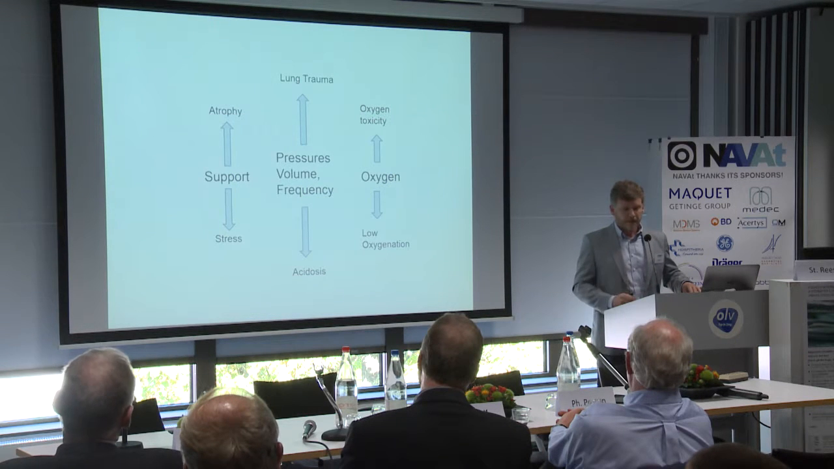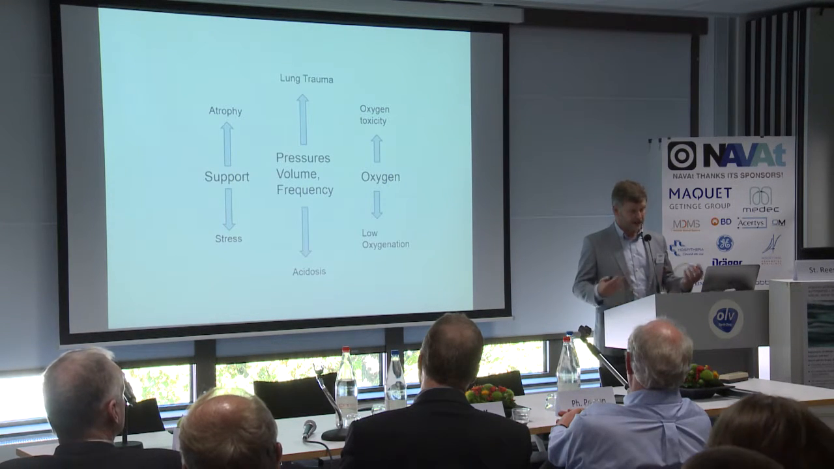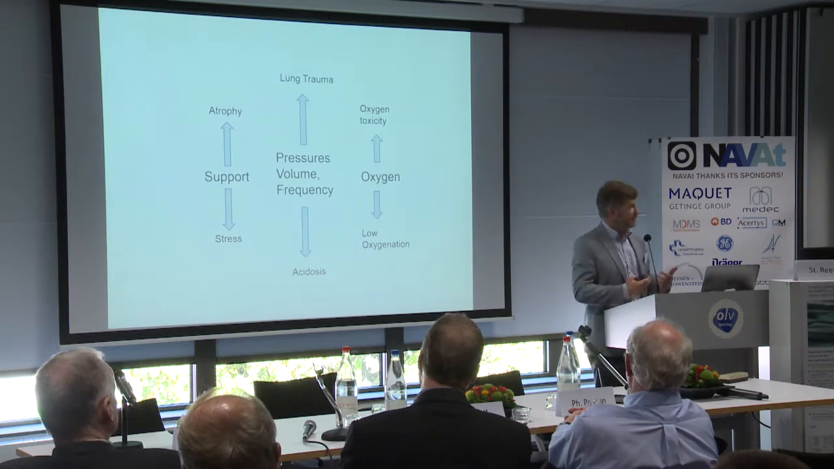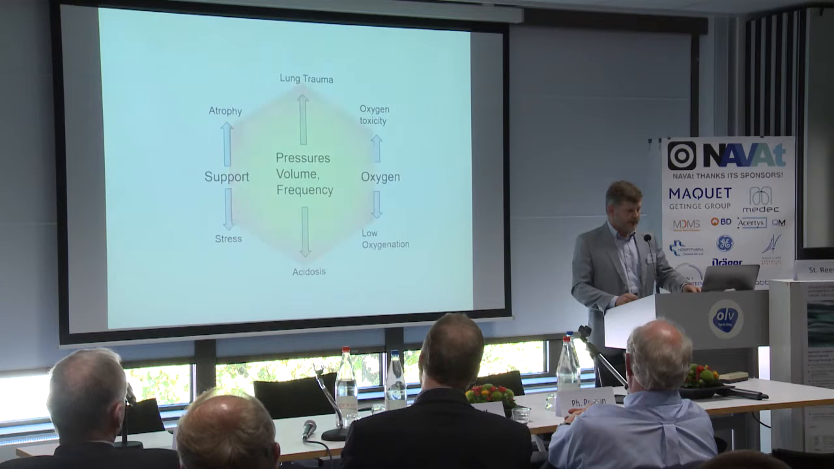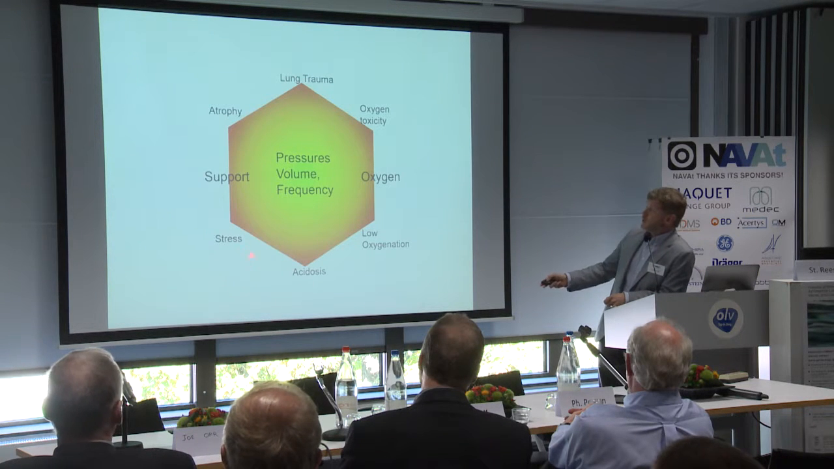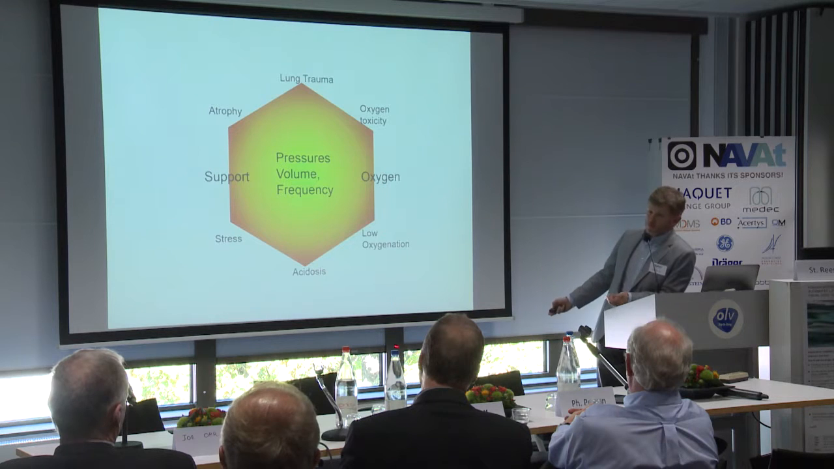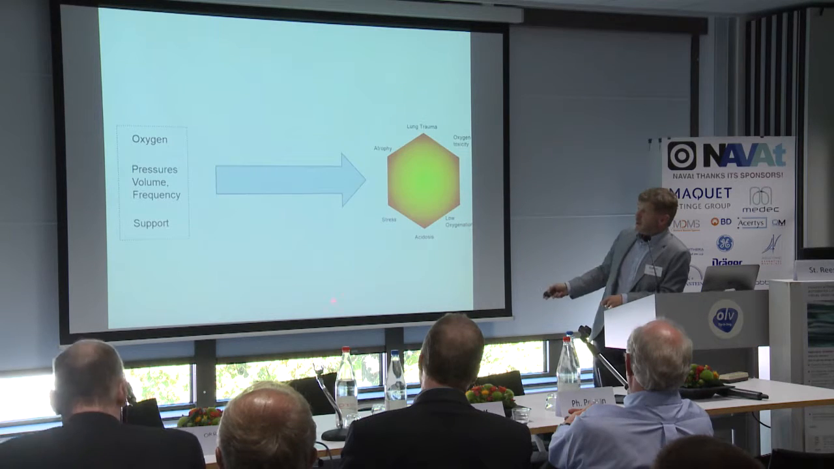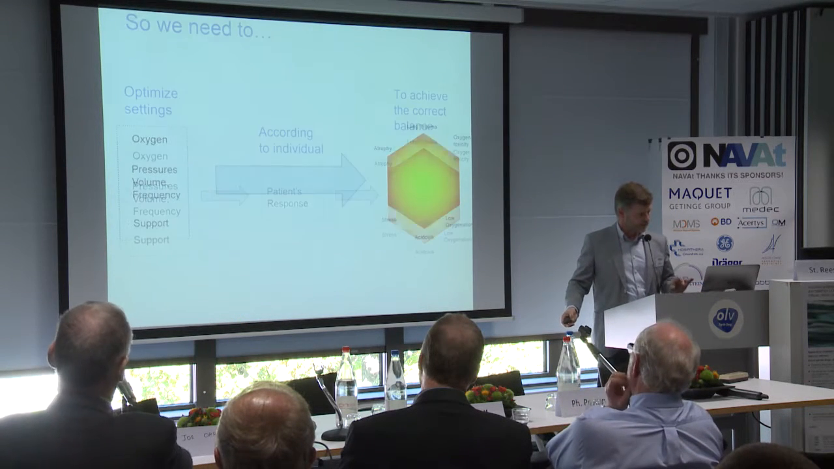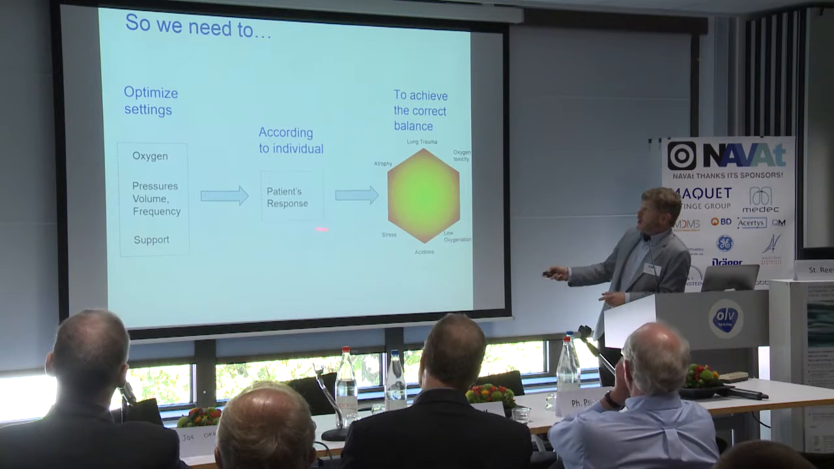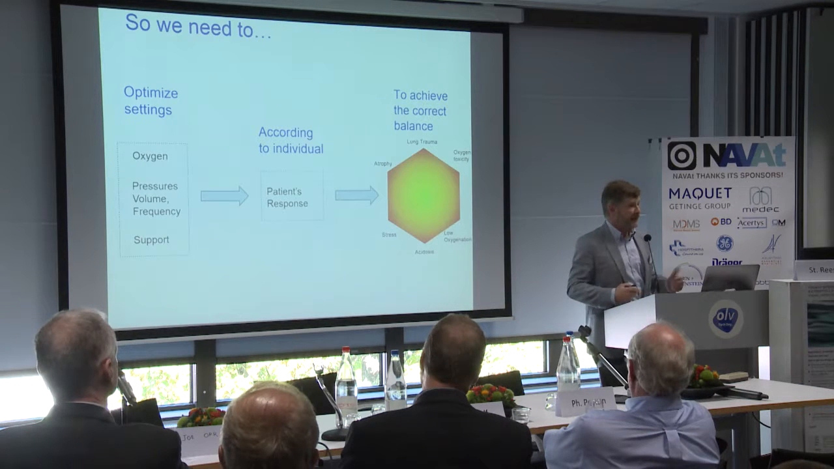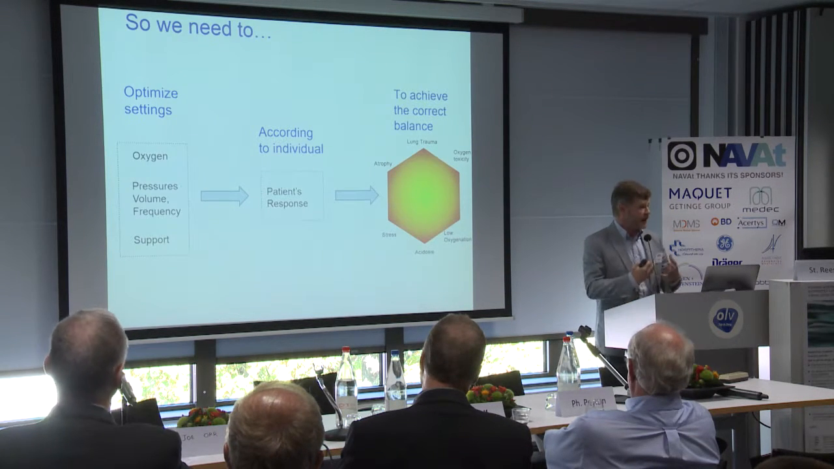So, for me, mechanical ventilation is a question of balances. It's a question of setting ventilator settings to accommodate balances related to the individual patient's physiological characteristic. And one can make a visualization of this by drawing a hexagon and placing the balances on opposing corners of the hexagon. And then one can separate out the settings and the hexagon, and then the question becomes, how do we optimize the settings according to the individual patient's response to achieve the correct balance of ventilator settings? That, to my mind, is a rational